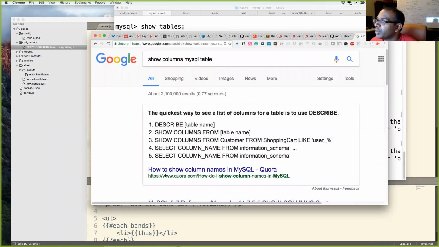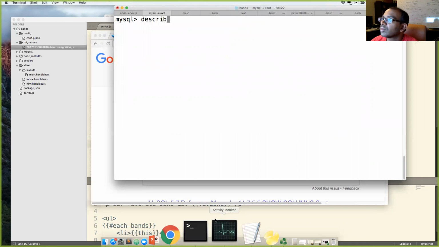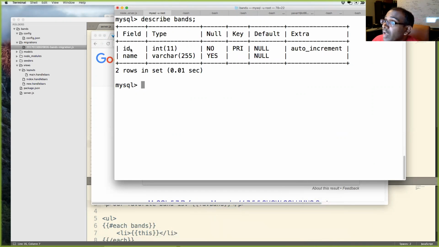Describe table name. There we go. In our table, we have an ID and a name. ID is an integer, it is auto-incrementing, it is the primary key, it is not null, and it has no default value. The name is a string, which is varchar 255, what it defaults to for MySQL. It can be null, and it has no default value.